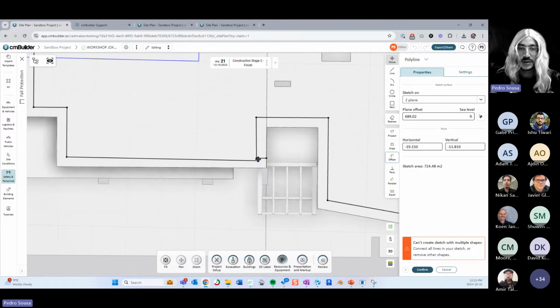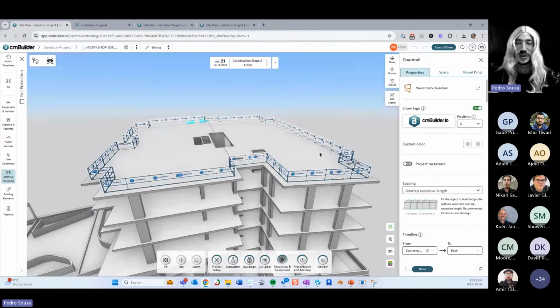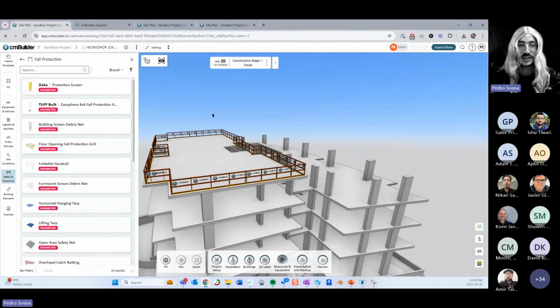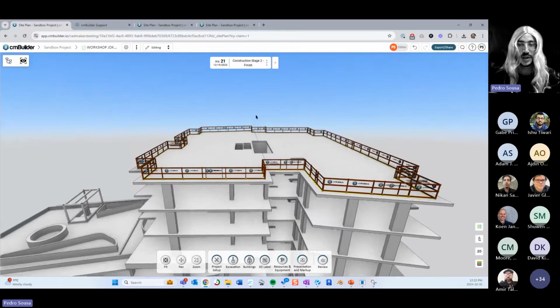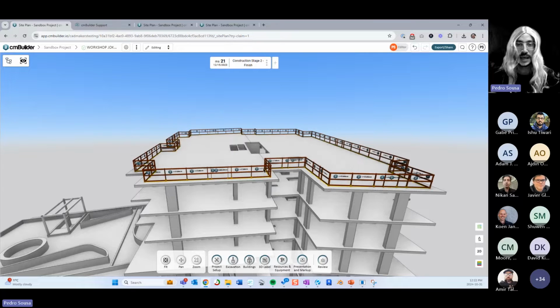Let's see if the other end is also disconnected. Yes, it is. And then when I hit confirm, now it will create the slab protection for the other side. Okay, so I have slab protection number 1, then slab protection number 2. And now if I want to go to the next step, what I'm going to do is I can